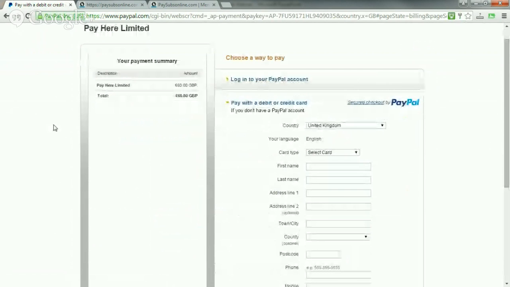With PayPal, the money is paid by the member. It comes through PaySubs Online, where we deduct the PayPal fees and our transaction fees and we deliver the rest to the club. So again, at no time do we hold any of your club funds. In a split second, it's from the member and it's in cleared funds in your PayPal account, which you can then transfer over to your bank account as and when you want to do that.